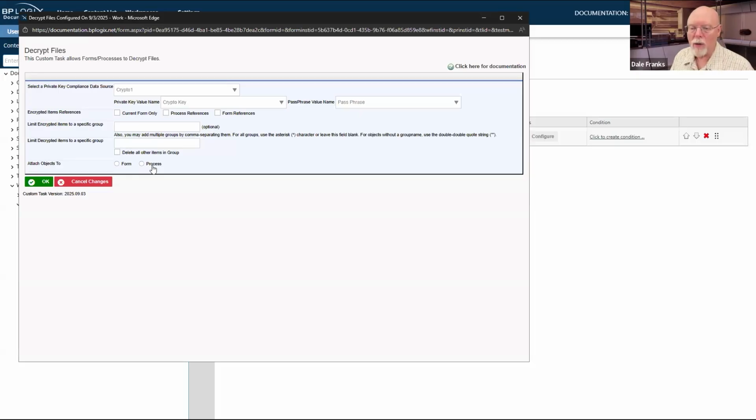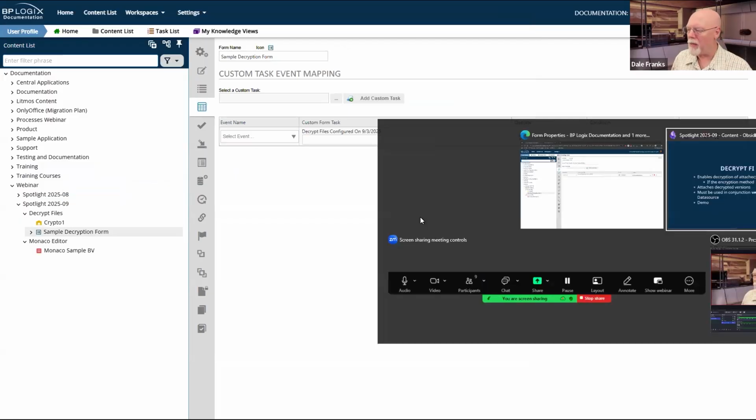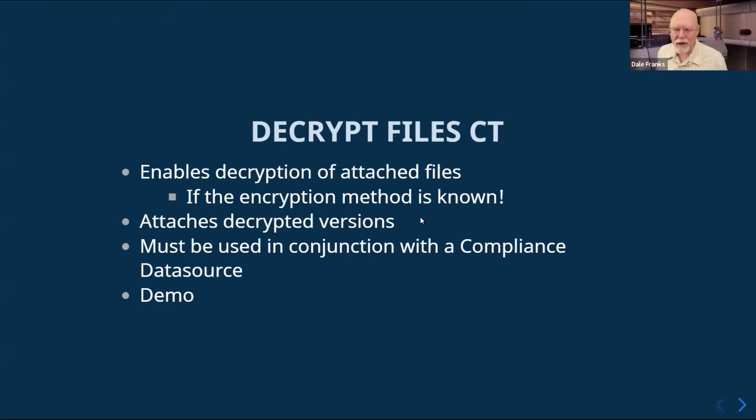So this CT will take the files, run them through the decryption using the private key and passphrase that was used to encrypt them. It will decrypt them and then reattach them to the form or the process. Our recommendation, of course, is that you associate them with the process. That is the decrypt file CT.